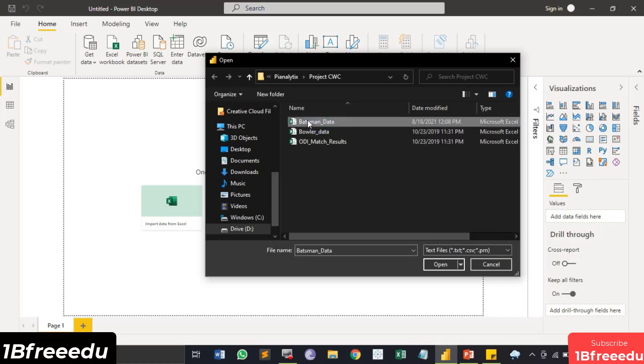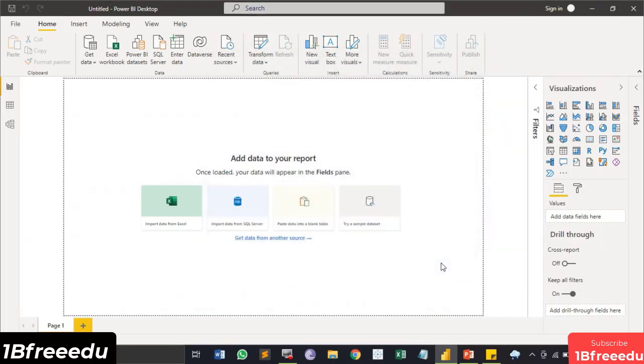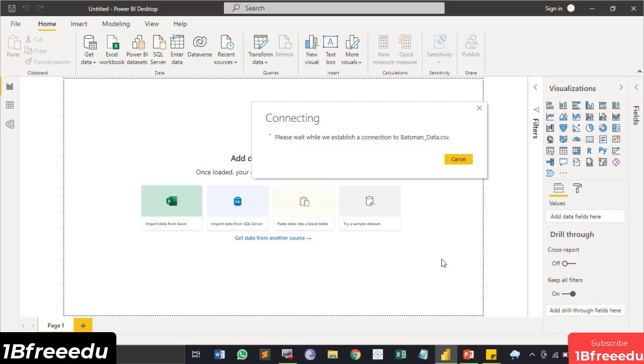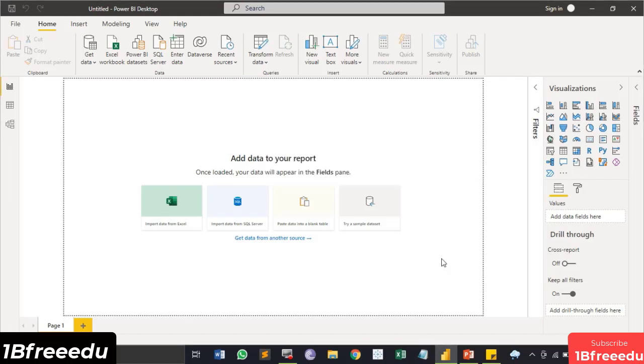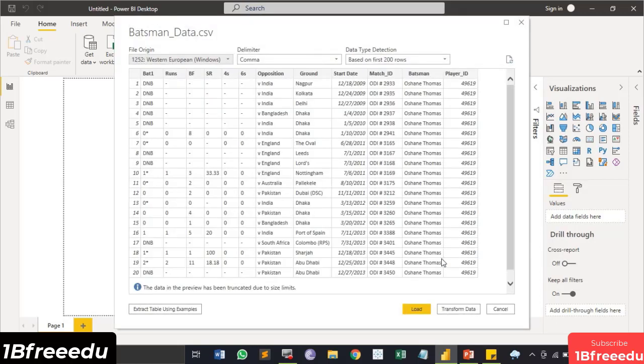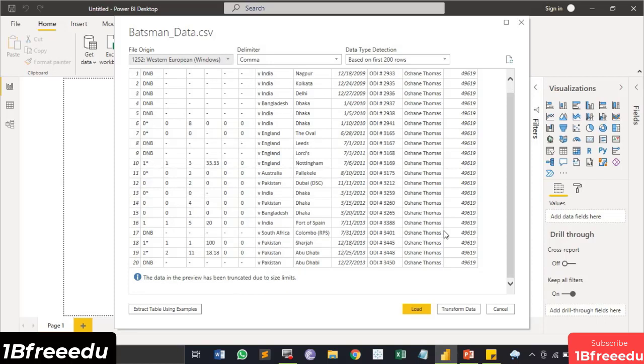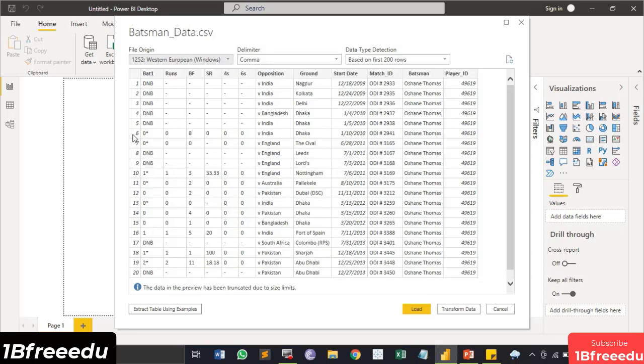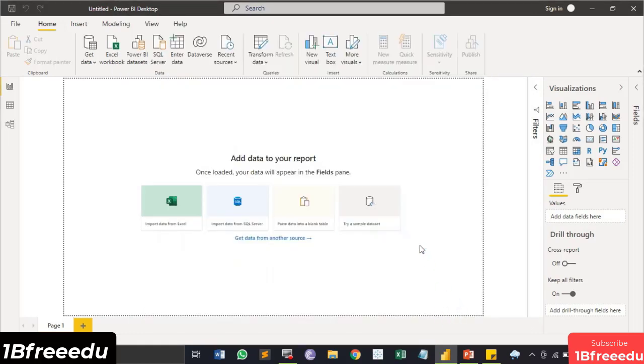First of all, let's work with this first sheet, that is the batsman data sheet. Click on open. And now you need to wait for a few seconds till this dataset is loaded into Power BI. Now there are 3 ways through which you can load multiple sheets into Power BI, but I'm going to use the simplest of all, which is one loading at a time. Once you've got this dataset preview, you can click on the transform data option